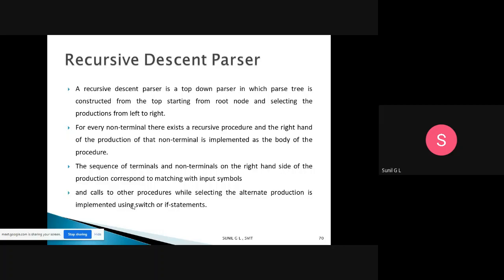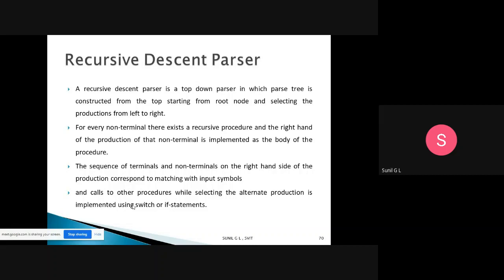When you are selecting the productions from left to right, at that time you are constructing a recursive descent parser. For every non-terminal there exists a recursive procedure. Suppose A tends to alpha, where capital A is a non-terminal. For that non-terminal there exists a recursive procedure, and the right hand side of the production of the non-terminal is implemented as the body of the procedure.